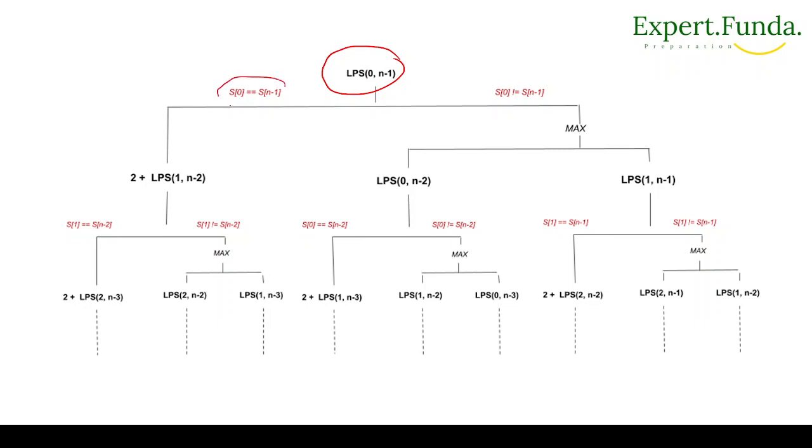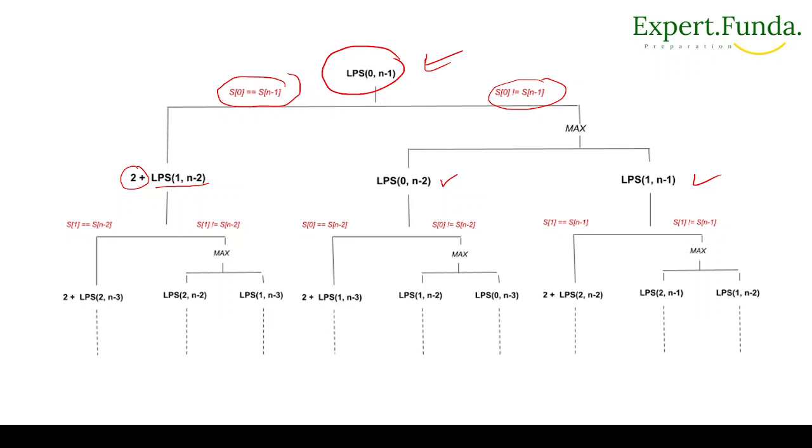If the characters at the starting index and the last index match, then we say 2 plus the LPS of i+1 to j-1, meaning we are increasing i and reducing j. If the first character and the last character are not matching, we will find the maximum of LPS from i to j-1, or i+1 to j, whichever comes max, and that will give us the answer. So this is called